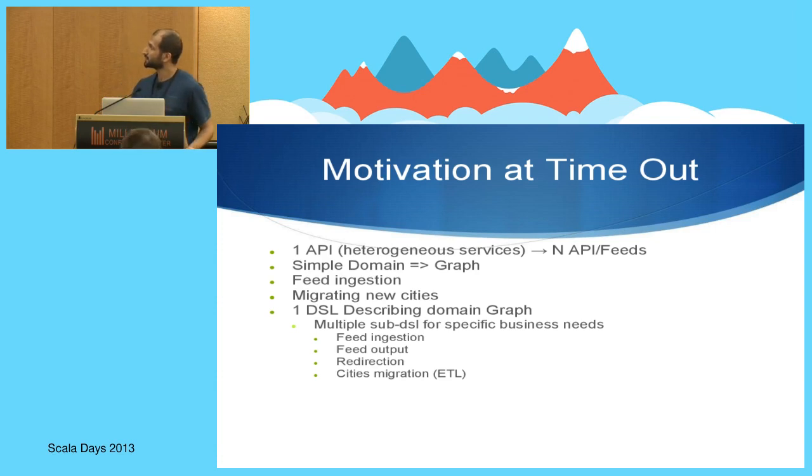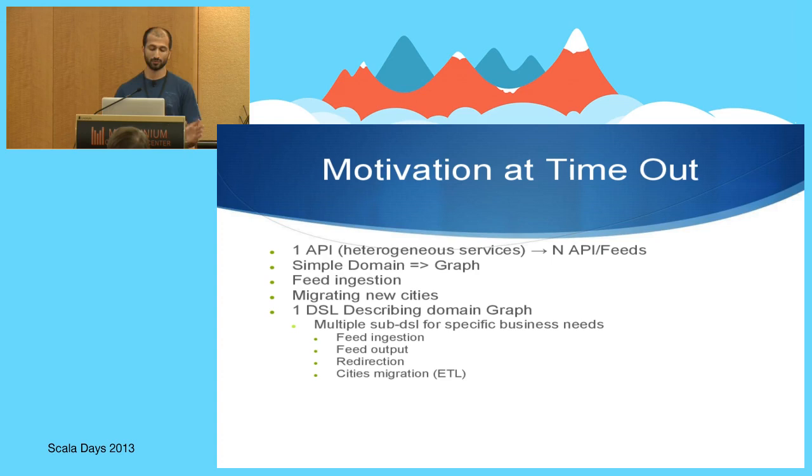So why did we do this, and how did we get to experiment with this particular approach? The use case is quite simple, and it's one that I think many companies have. We needed to create an API, and we wanted the API to be flexible, to be used by different devices with different needs, while still being a single API. So we looked at what was out there, and we saw the Facebook Graph API. Seems to make sense. It allows you to select fields based on the field expansion feature, and we said, okay, why don't we do something like this using Scala, which is what we use at Time Out.